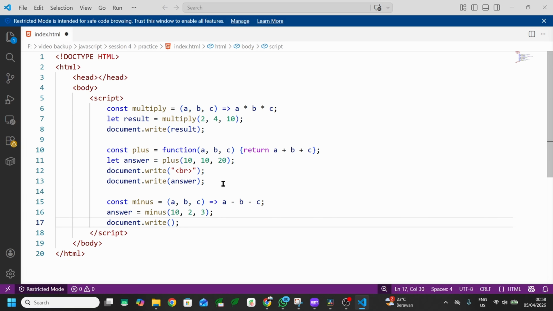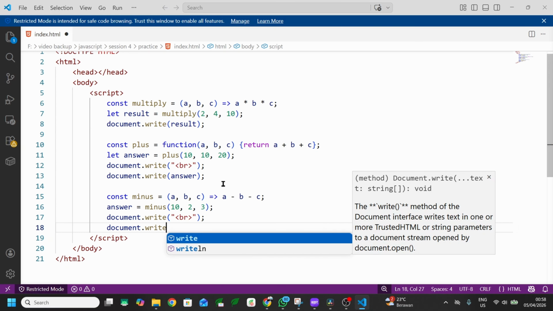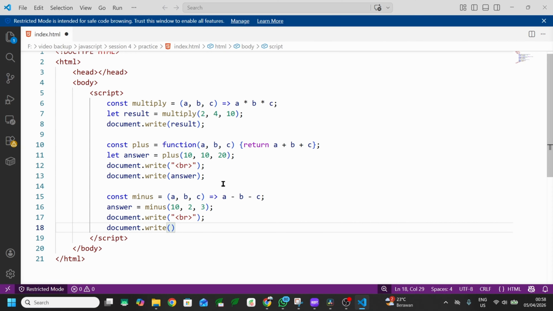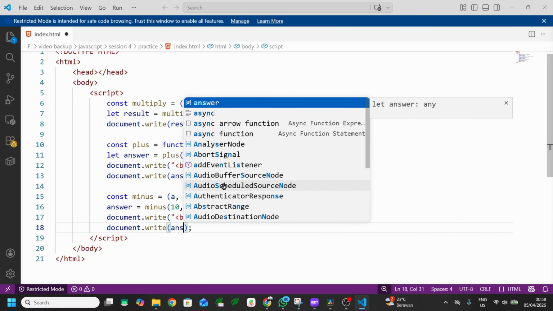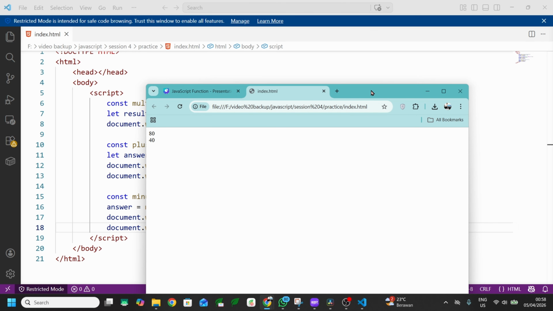But before I display the real output, I will start with a new line using the br HTML statement, and then this is the correct output that I want to display. Okay, I will reload my browser again to get the output. Okay, this is the third answer of our function program.